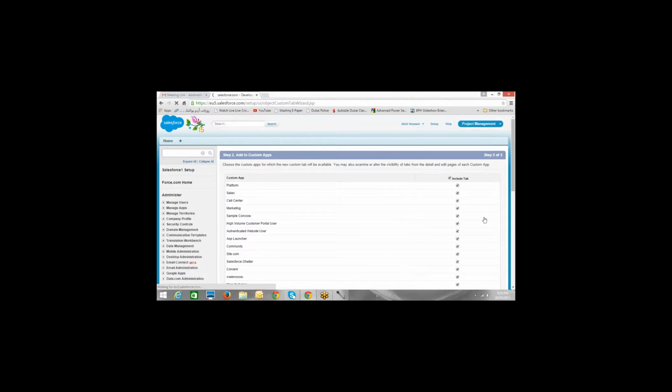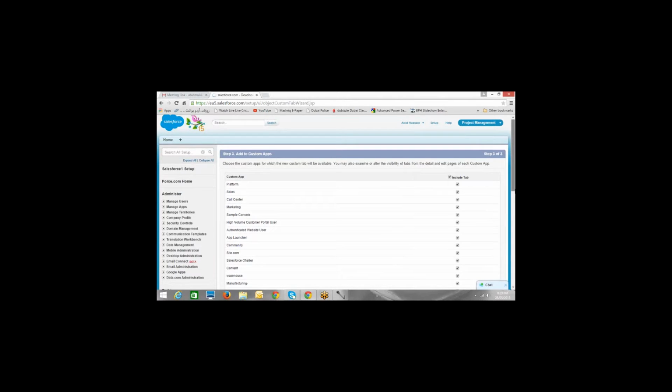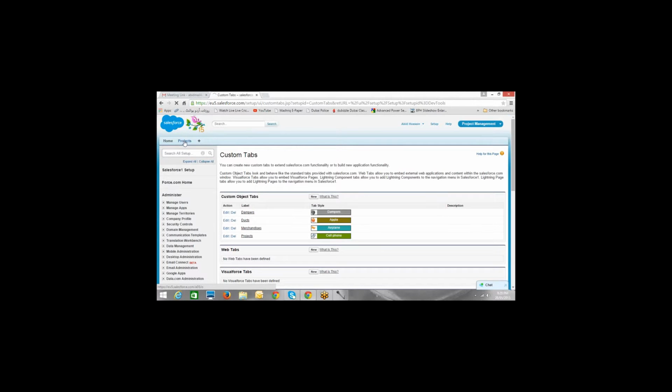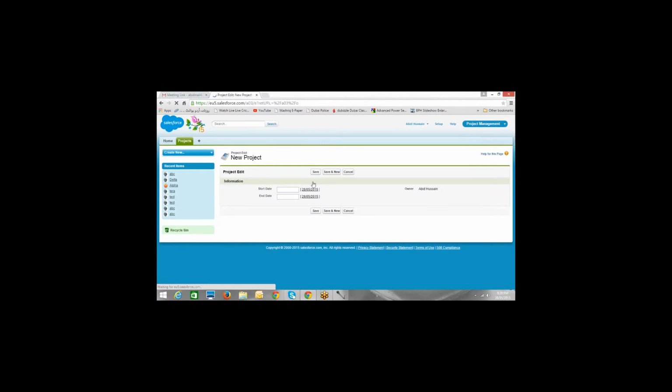Right, just go to next, create that. Done. So our project object is ready, and I also see that as a tab. Shanmukhi, okay with you? Please let me know yes or no in the chat window.